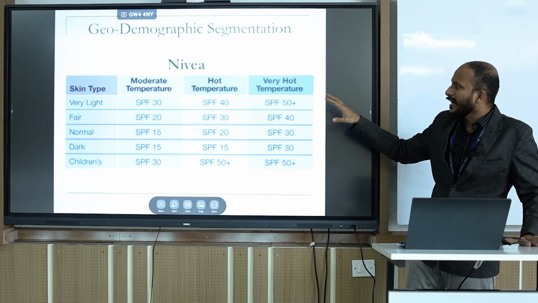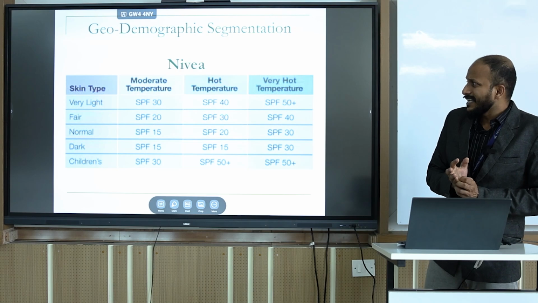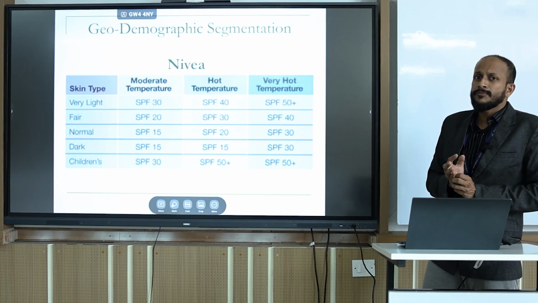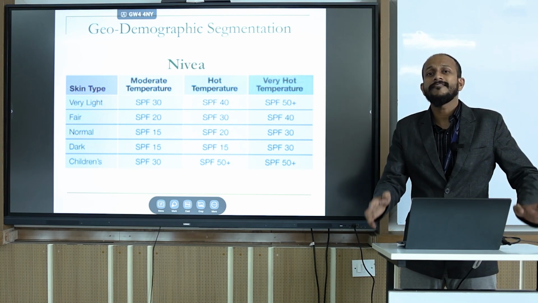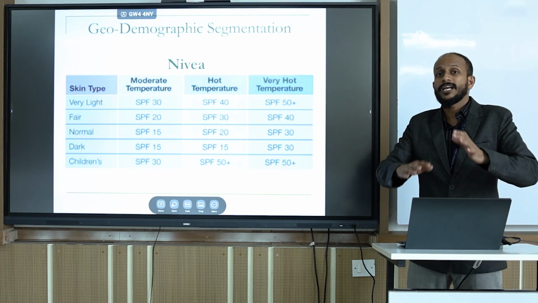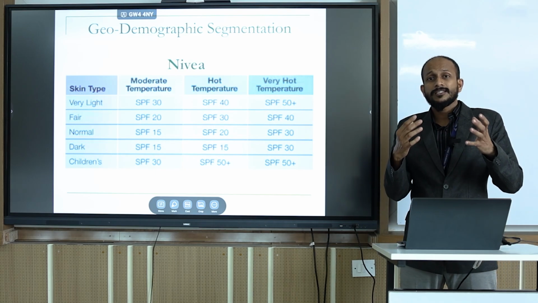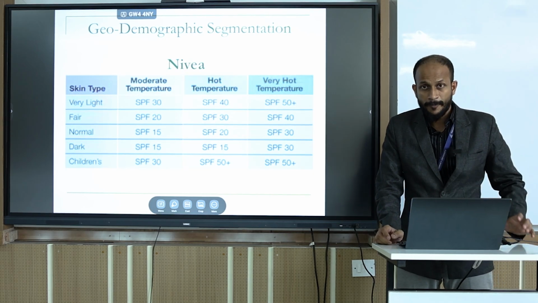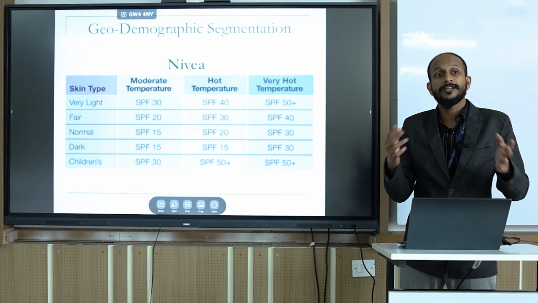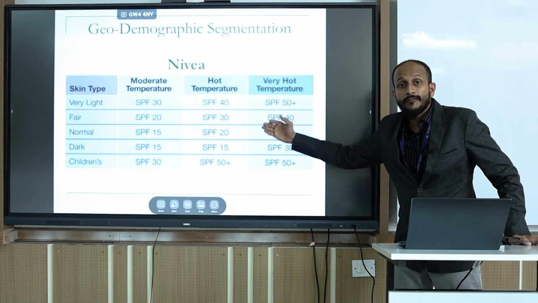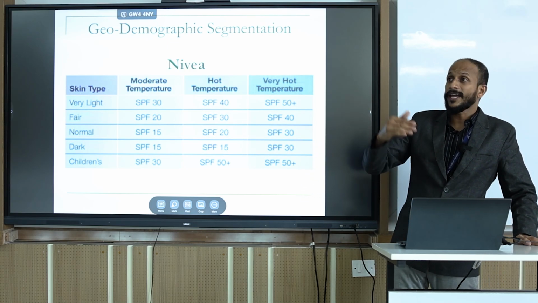And this is how companies have such kind of strategy. I'm just showing a strategy where a company like Nivea offers SPF, that is sun protection factor. When you are exposed to a place which is very hot, you need a higher amount of SPF, like SPF 50, 60, 70. And one more thing, if your skin is a bit lighter in color, if you are white, then also you need a higher level of SPF. If you are dark, no need of higher level of SPF. SPF 10, 15, 20 itself is sufficient. If you are light, higher level is required.